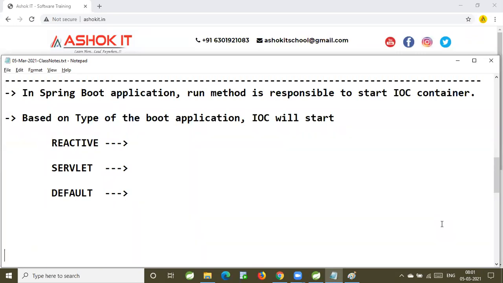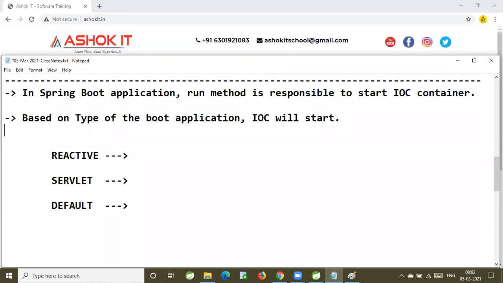Now, how will it understand whether our application is a default standalone application, or a servlet application, or a reactive application? It understands based on the starter available in the pom.xml.